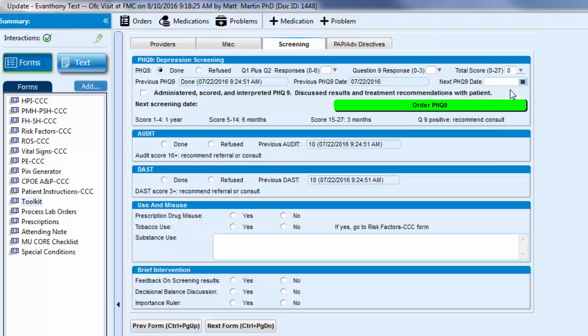I also completed the AUDIT, and my total score was 0. I completed the DAST, and my total score here was 10. I did flag positive for prescription drug misuse and tobacco use. Here,